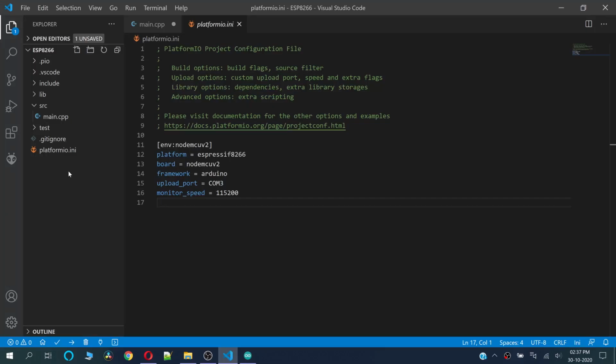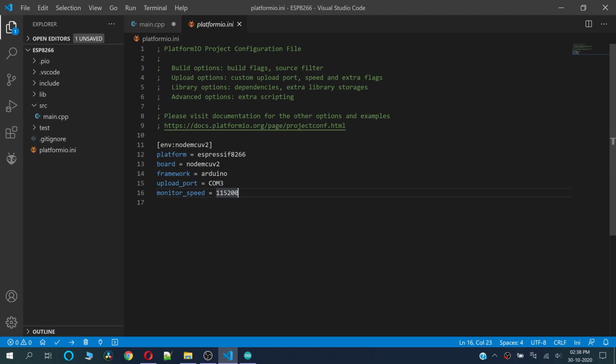In our case we have to specify those settings in the platformio.ini file. By default these three things will be there, as you already selected the board while creating the project. The other things we have to specify are the COM port number and the serial monitor speed, right?